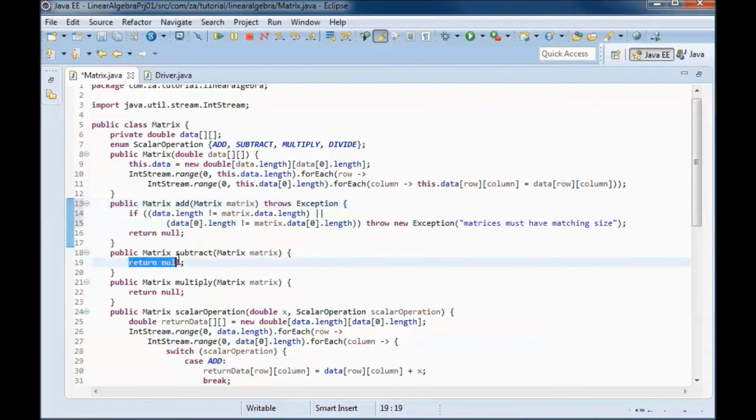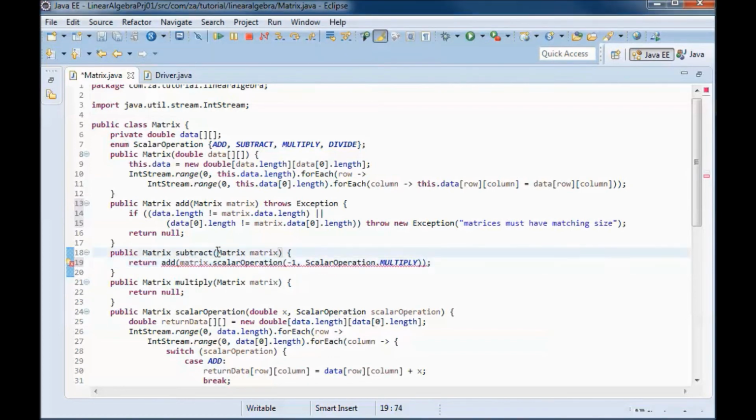And subtracting is the same as multiplying the passed in matrix by -1 and then doing an addition of the resulting matrix to this matrix.